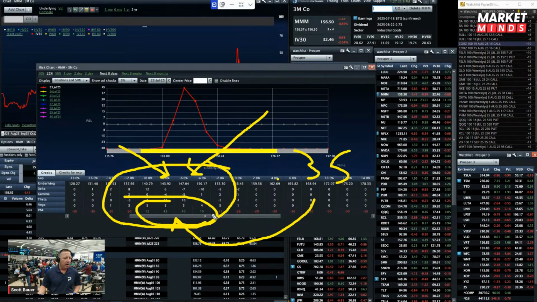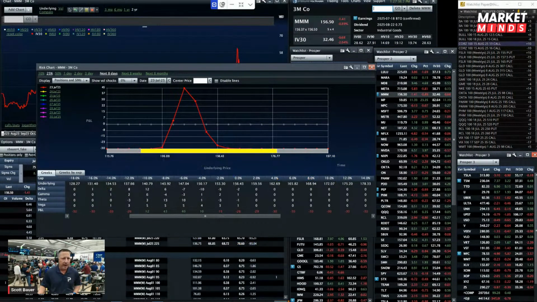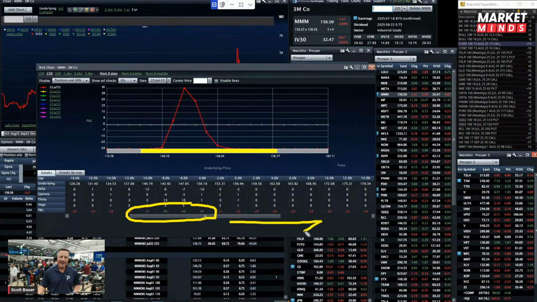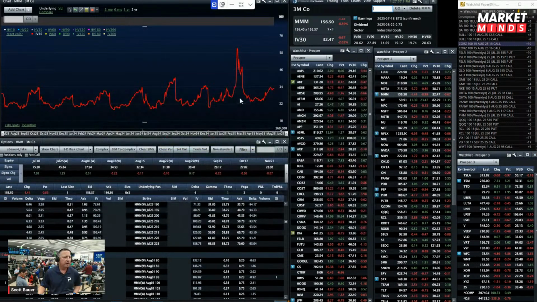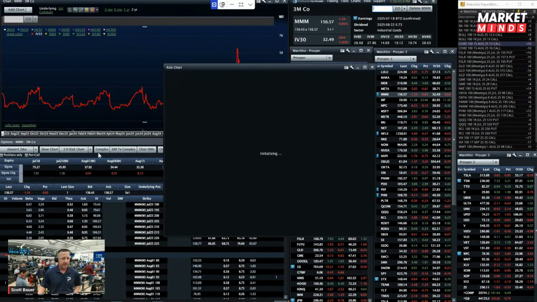I like the 1-to-1, but this is a pretty tight window that we would have to hit to make some money, right? If we don't get that move that we're looking for, it's not going to be good. So I'm probably not going to make that trade, but I have to evaluate it post earnings. Absolutely have to evaluate it post earnings.